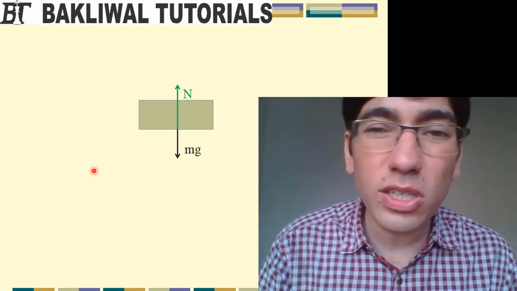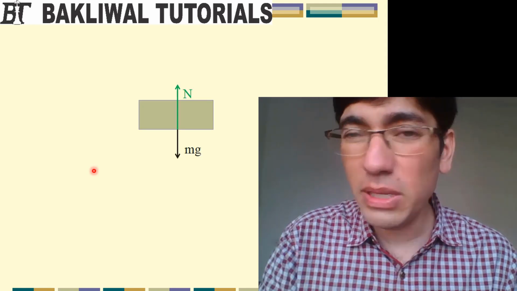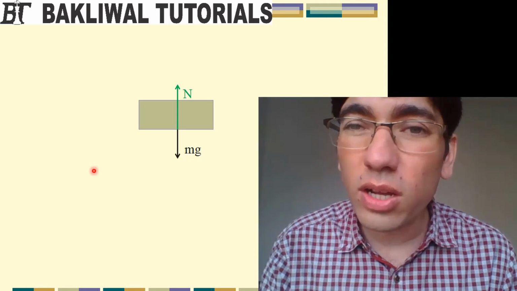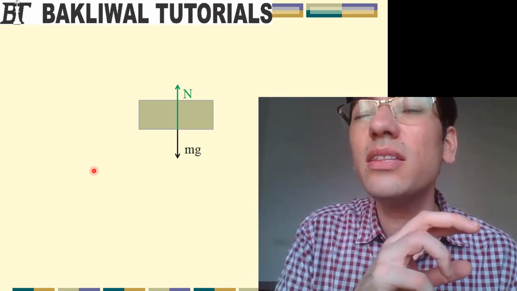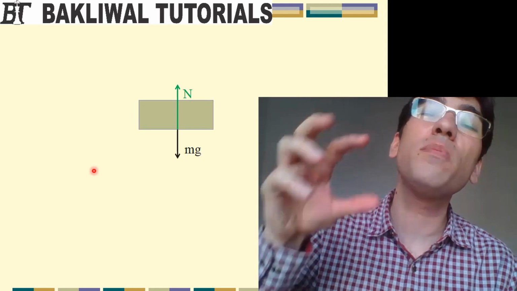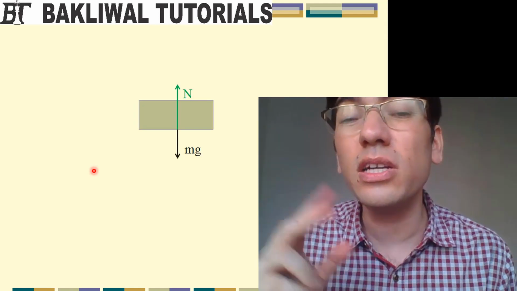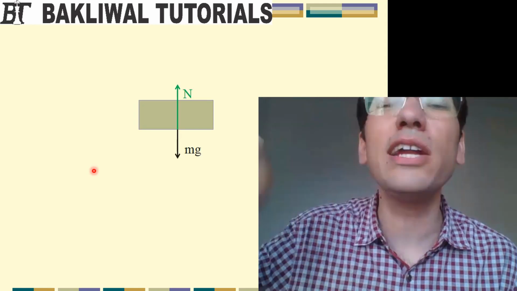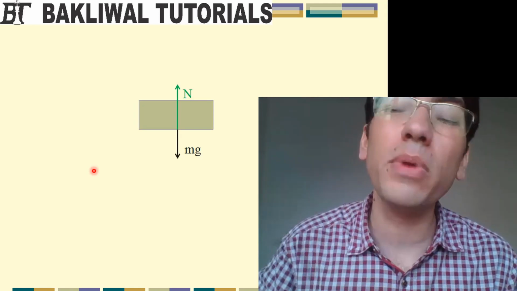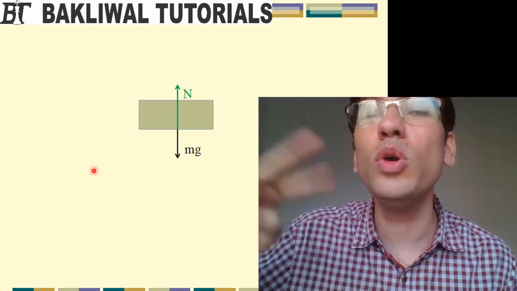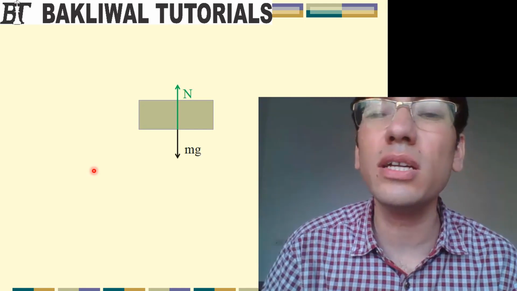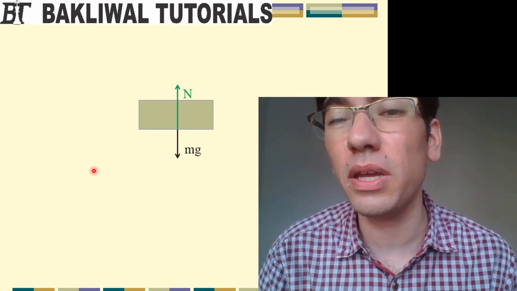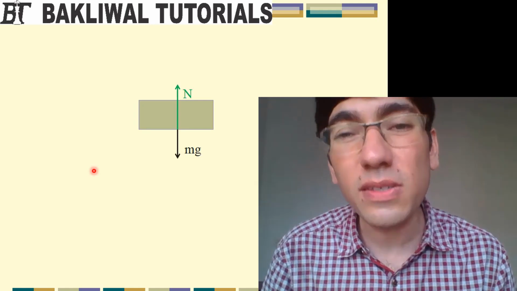And the normal force which can be seen in the diagram, which is acting on the block, what is its reaction? The normal force by which the block must be pressing the table. The two normals, both being electromagnetic, would be forming an action reaction pair. And the two mg's, one on the block and one on the earth, form an action reaction pair. I hope this concept is clear to you now.